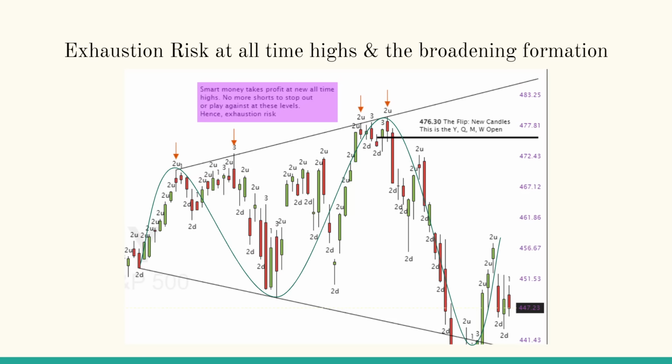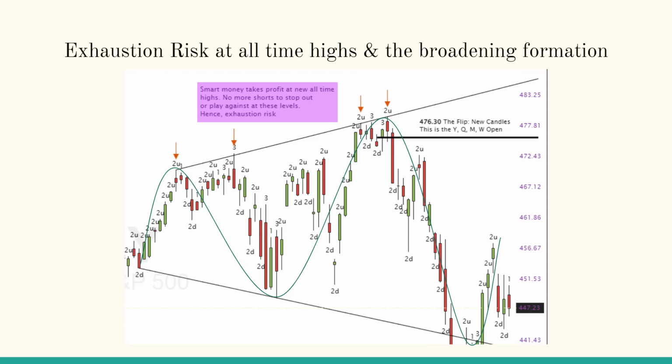So breakout traders struggle with these broadening formations because they're taught to go long above well-known pivots. And that's where the smart money is getting out. Smart money is getting out at new highs. Breakout traders are getting in. So we want to be in from down at the bottom, from reversals. Once we make a new low, we want to be in and catch this whole move and not try and catch the breakout top, which is